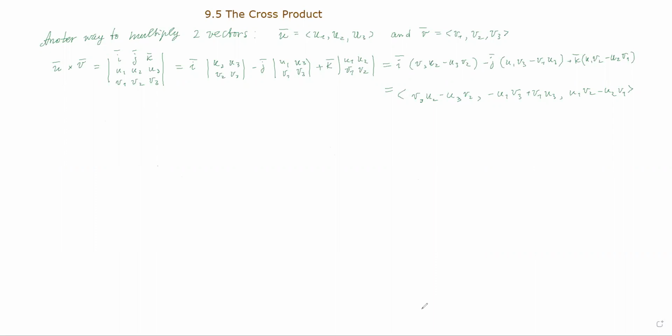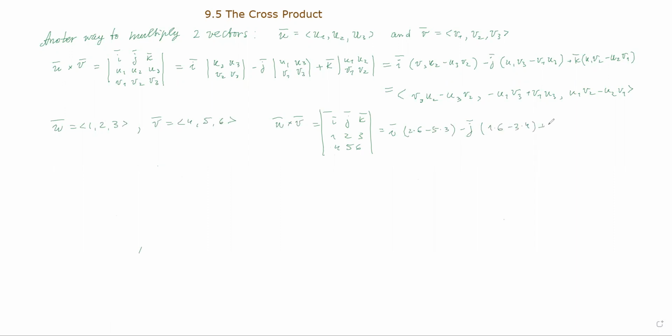Okay, now time to do an example, right? Remember my favorite vectors u and v. They are 1, 2, 3, and another one is going to be what? 4, 5, and 6. What is going to be the cross product between these two vectors? u cross v is going to be i, j, k, right? And 1, 2, 3 here, and 4, 5, 6 over here, and determinant, right? Which is i, and the determinant of this matrix is what? 2 by 6 minus 5 by 3, minus j, and the determinant of the leftover matrix is 1 by 6 minus 3 by 4,